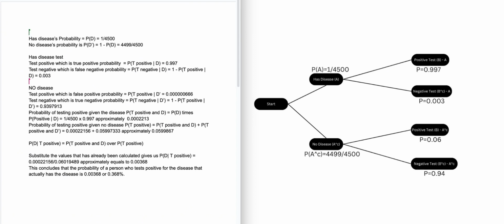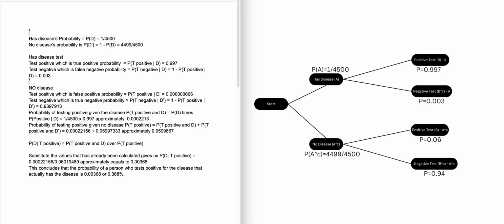After creating our tree diagram, we now look at the endpoint joint probabilities, which is a combination of events. For example, has disease and tests positive. To calculate the probability of each endpoint, we multiply the probabilities along the path. So for the first endpoint, we have the probability of has disease and tests positive. And to get this probability, we multiply the probabilities of those respective conditions, which gives us